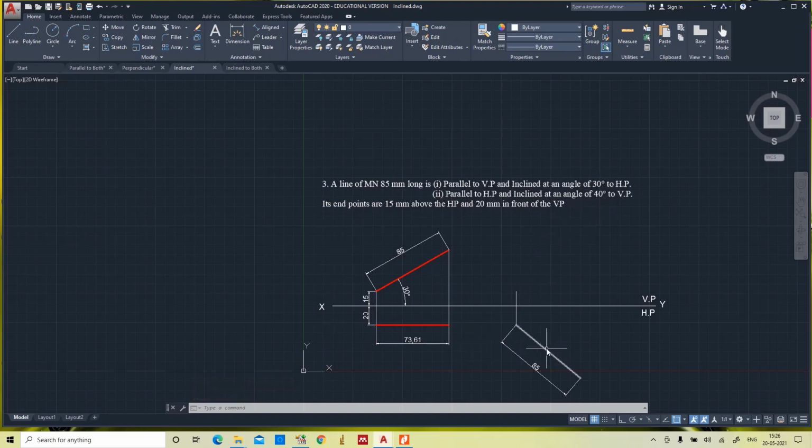The line is inclined to VP, so this will be the true length. And now draw the projectors for the sake of front view. Already the endpoints are here, 15 mm above HP. From here to here we will get the front view.